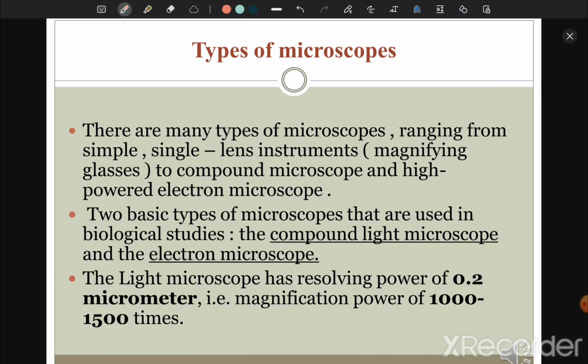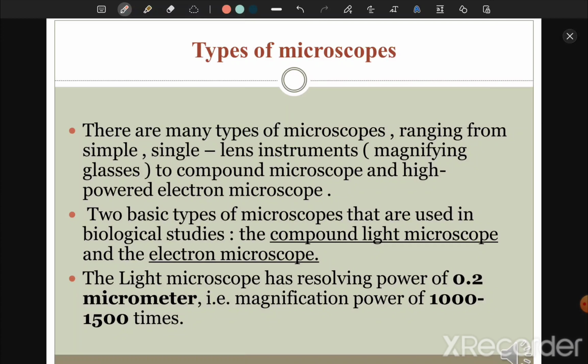Two basic types of microscopes are found. But we use here now mostly the compound light microscope and the electron microscope. The difference between these two techniques is that the resolution and the magnifying power are different between these two types of microscope. And magnification, you know, depends on the set and the type of the lenses used in the instrument. While the term resolution,